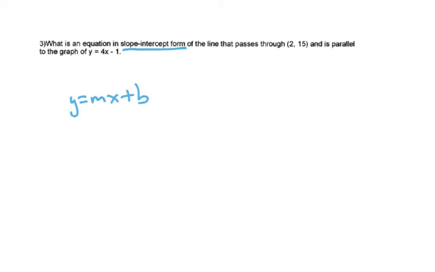We also know that it passes through the point (2, 15), where this is x and this is y. And then it says it is parallel, so this part here was the point, it is parallel to the graph y equals 4x